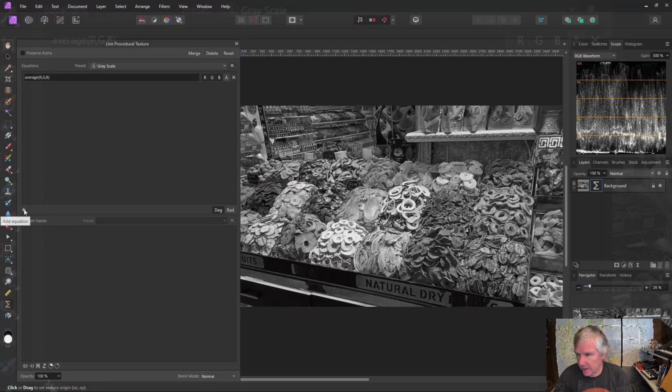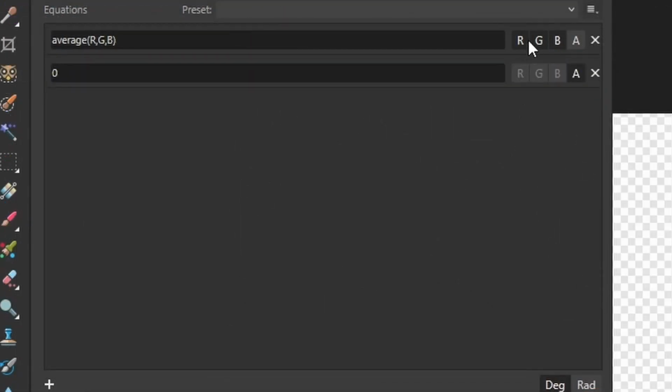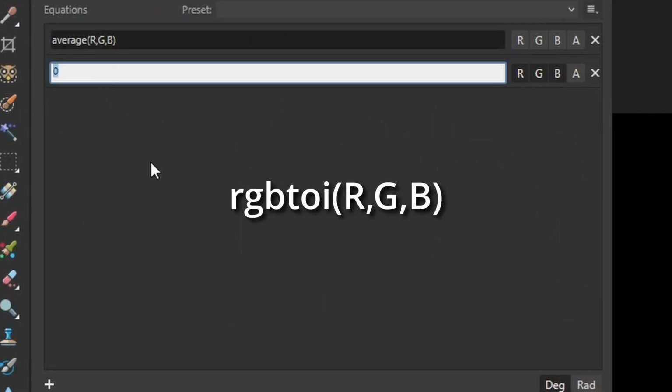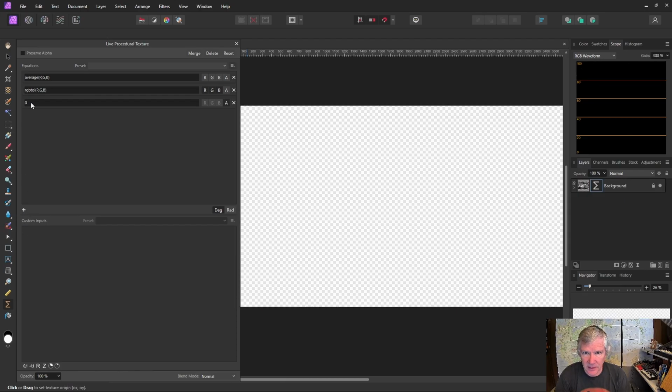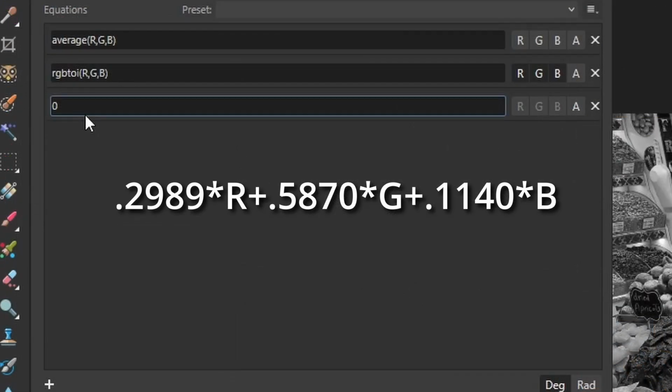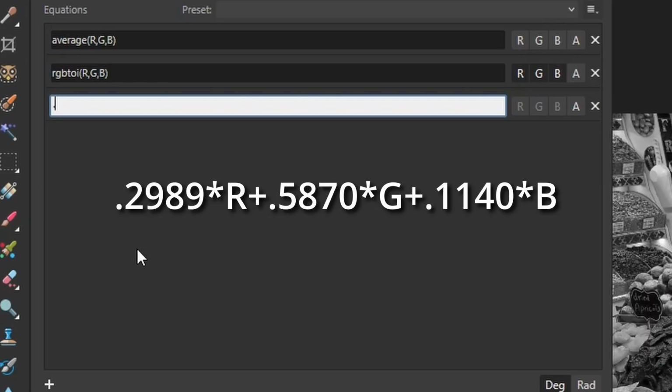But it turns out a better way to do this is to take the rgbtoi of R, G, B, and it makes just a better, slightly better grayscale image. Now this is based on a function, and I'll just type it in here. That function is